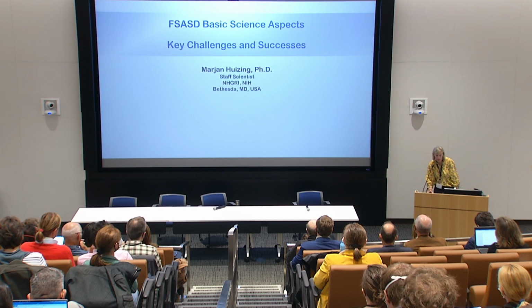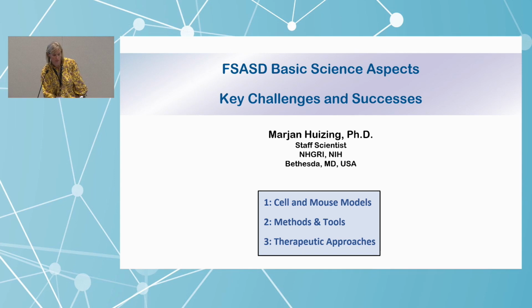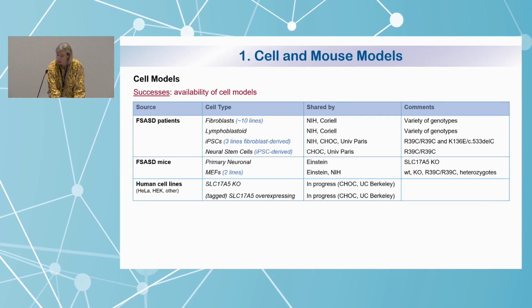Okay, so then I will proceed with the challenges and successes in the FSASD basic science aspects, and we have divided this in 3 groups: cell and mouse models, methods and tools, and therapeutic approaches. So starting with the cell models, we've really started collecting human and mouse cell models for about 2 to 3 years now, and we've